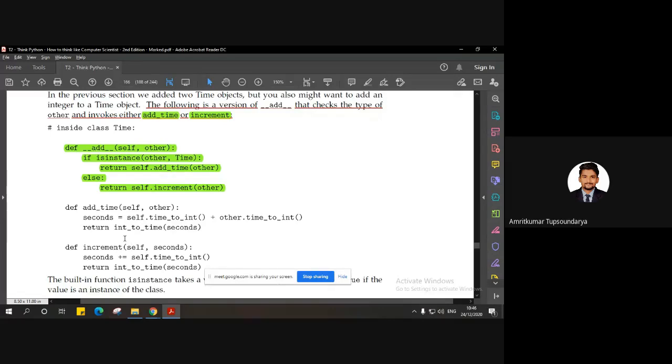If you have any doubt with respect to these three topics, type-based dispatch, polymorphism, and interface and implementation, you can raise your doubts.